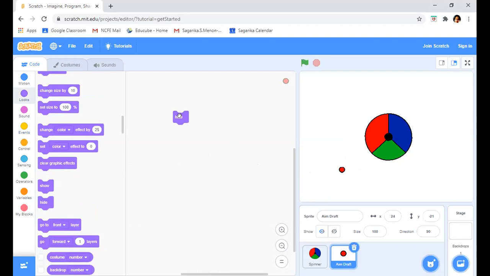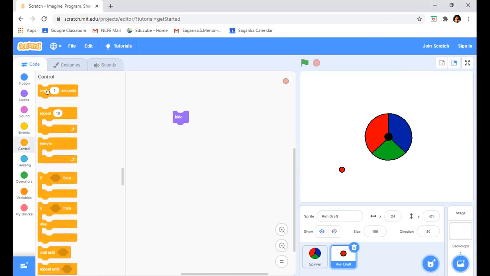Then we will wait for 1 second. So when our program starts, we are going to wait as such.